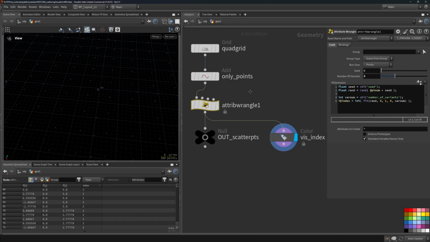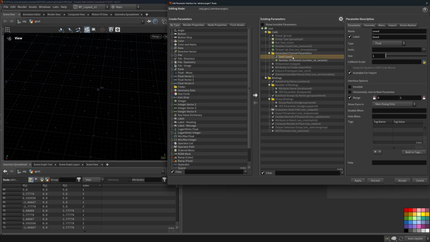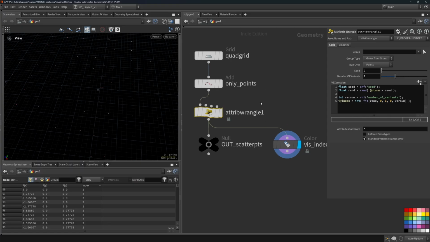Also, out of habit, I'm going to go into the parameter interface. I like setting the range of the seed between 0 and 1,000 and applying that. Then I can flick between 0 and 1,000 very easily. Also, a side note,